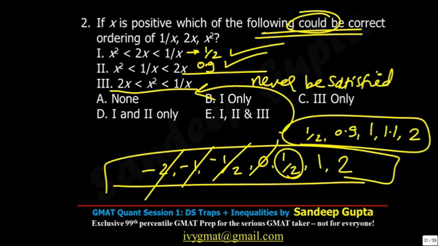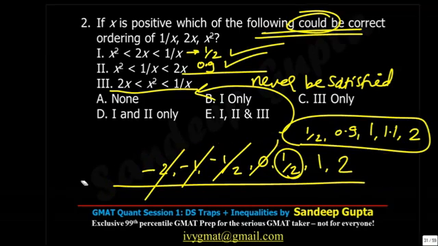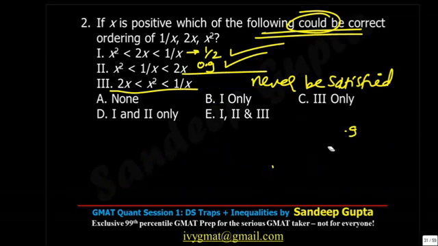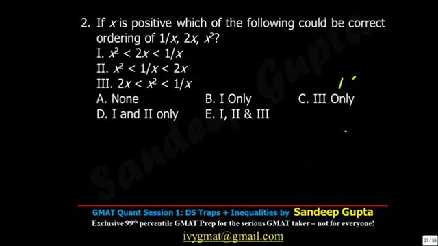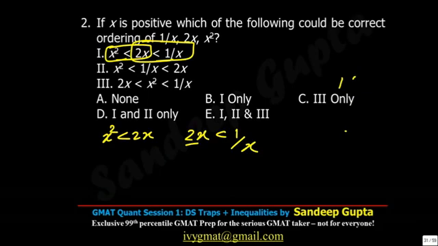Okay, so suppose it is still not convincing. Some people like algebra, so let's put it that way. So let's see what I am trying to do. Let's do it by algebra first. Let's divide this into two parts. This and this. X square is less than 2x and 2x is less than 1 by x. Right. Because x is positive, can I directly cancel? Yes. Remember that, because it's positive only. So x is less than 2.